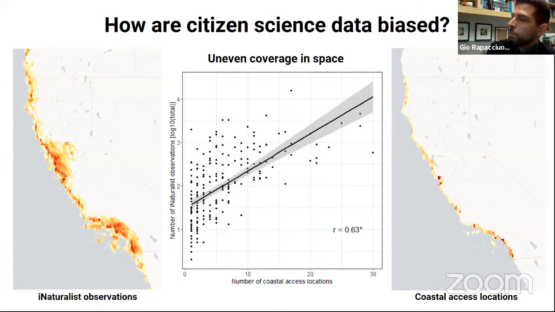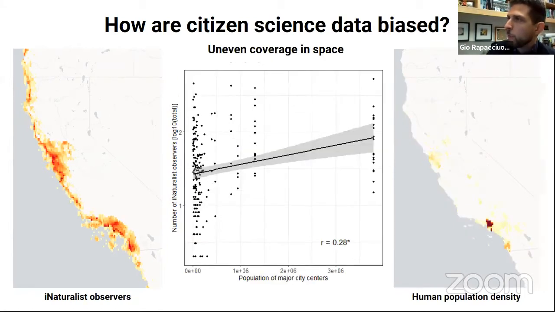And we find that it's pretty tightly correlated with the number of coastal access locations across the coast, and specifically coastal access locations that have parking sites, because they make it exceptionally easy to go down to the tide pools. So another bias in space is obviously that the number of observations in space is due to the fact that